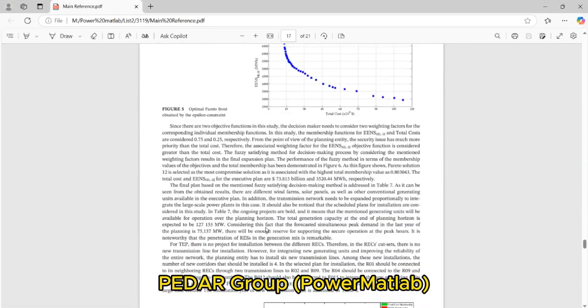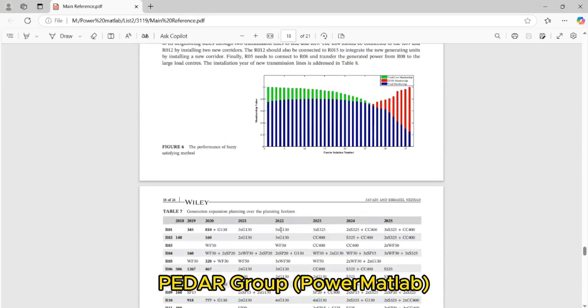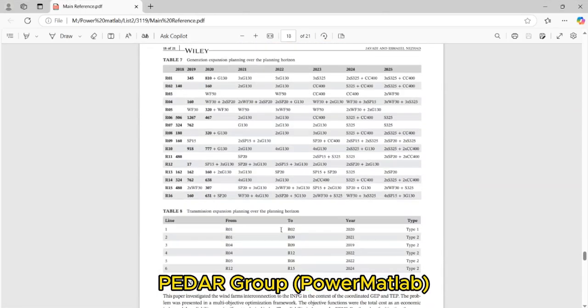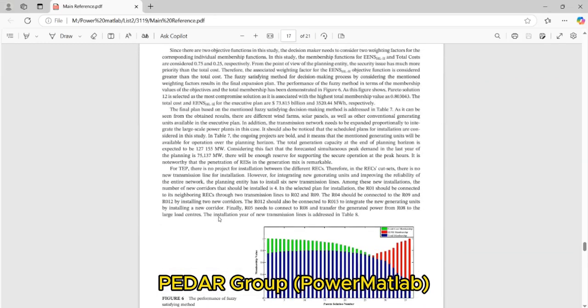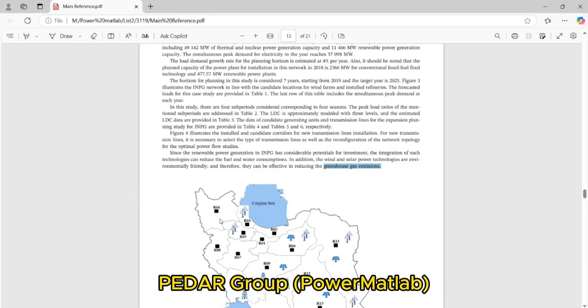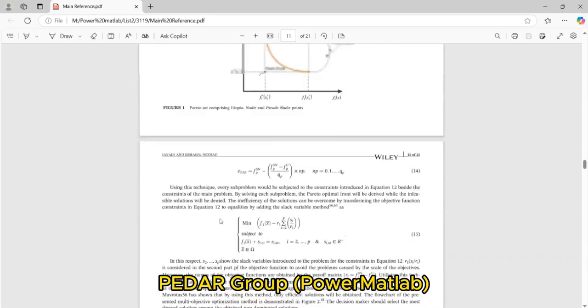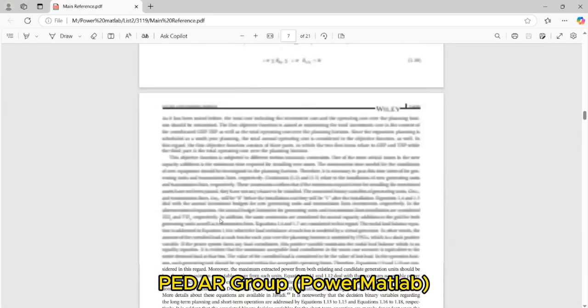Also, you can see different results for this simulation, and different scenarios of generation expansion planning with different types of transmission expansion planning are discussed in table 8. In order to talk about the simulation of this paper, using this paper's scenario,